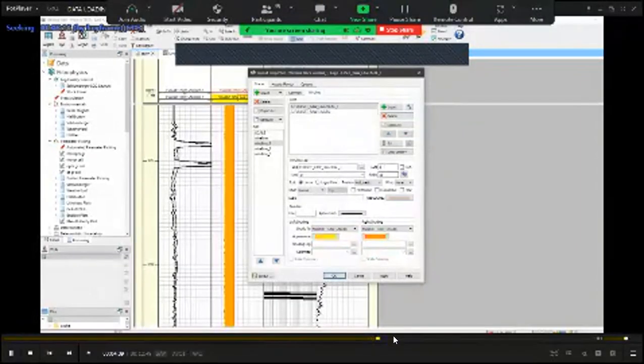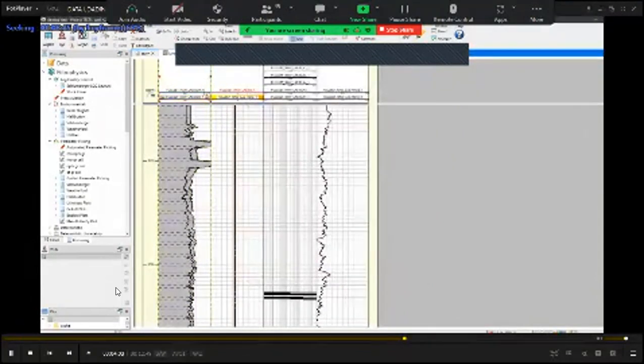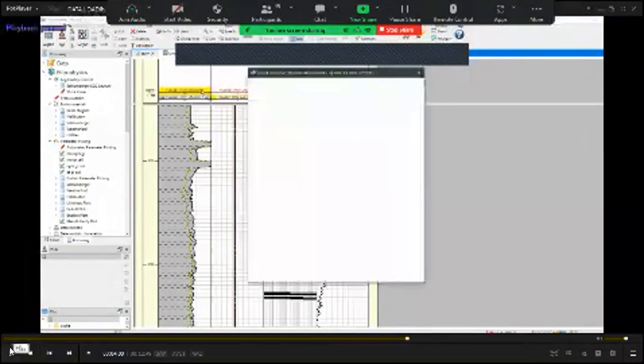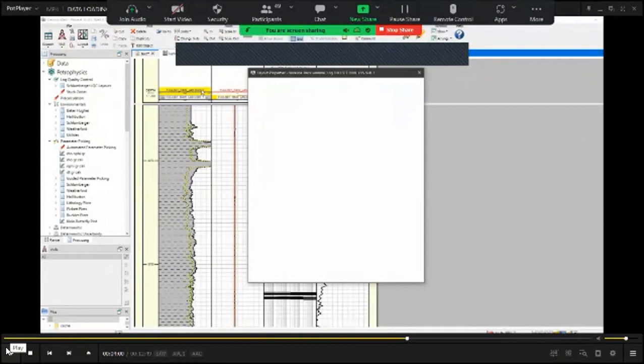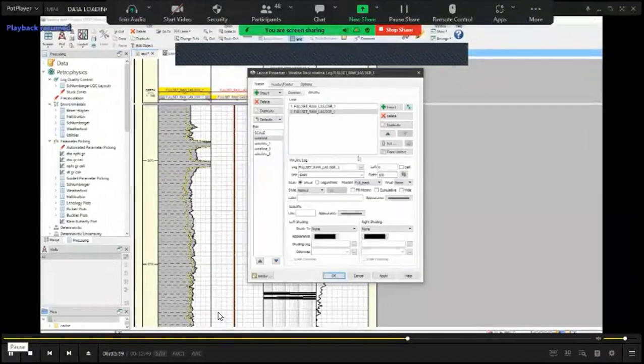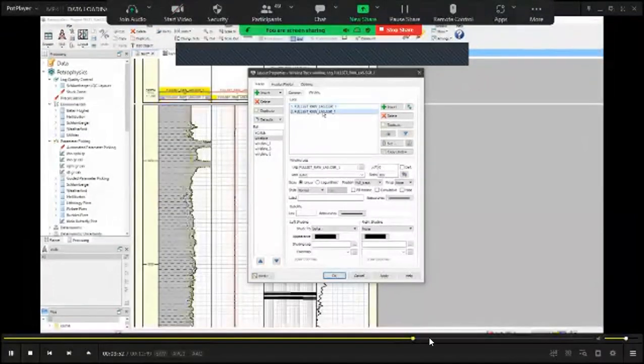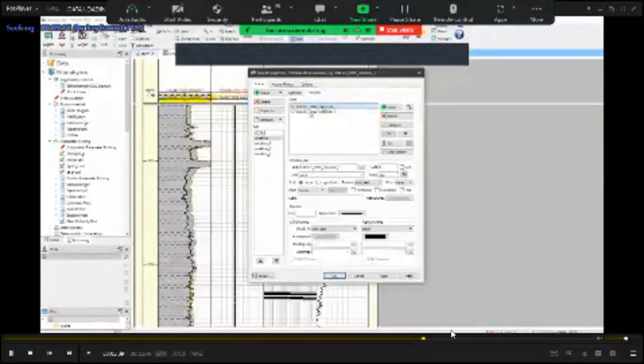Now, after shading, we find out that we have a quick problem. SGR values are less than CGR in some intervals. We can correct this error easily by writing and applying a simple expression, which you watch.